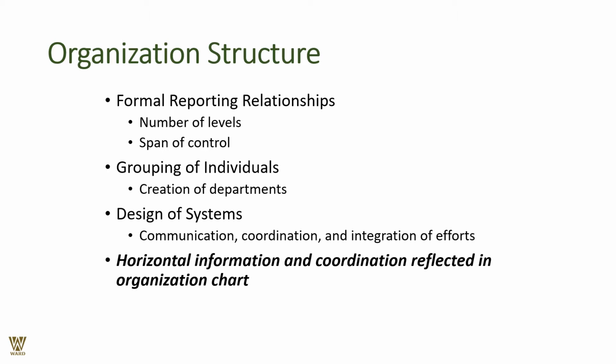Basically, when a company or a corporate entity functions, it has to have formal reporting relationships. When we have a formal reporting relationship, it means there are defined expectations from a role and a responsibility that a person occupies in a position in an organization. So we have a number of levels. That means it would have a span of control.